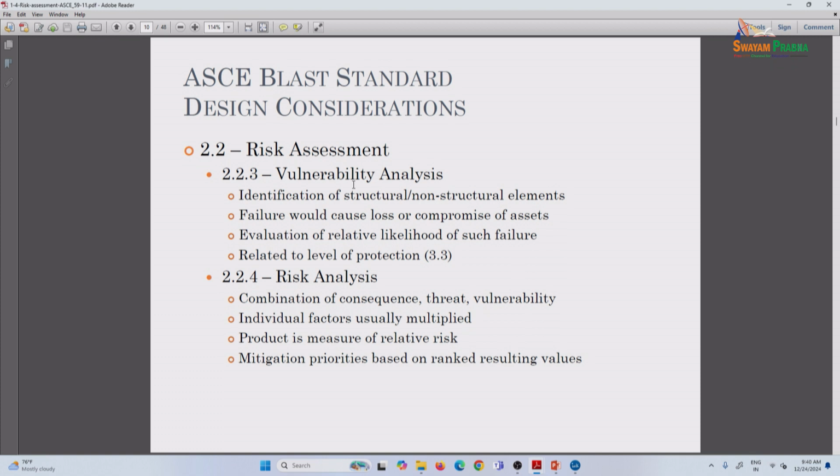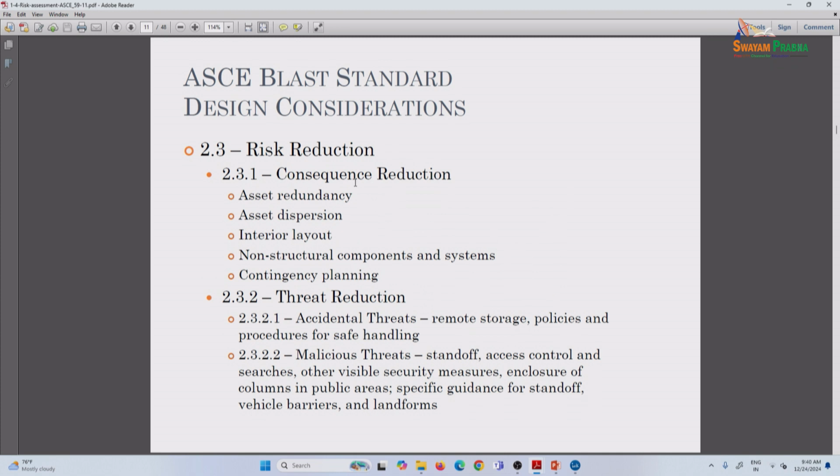There is, for example, FEMA, they have their own way of risk assessment, but we've done 2 different methodologies, and that is plenty. With the risk planning, the risk numbers that you calculated, then you see how to reduce each one of them. If you want to bring that risk level from 0.2 to 0.1, then the consequence, threat and vulnerability reduction is a big aspect of it. How can I change anything to reduce those numbers? So that's the strategy that you should adopt